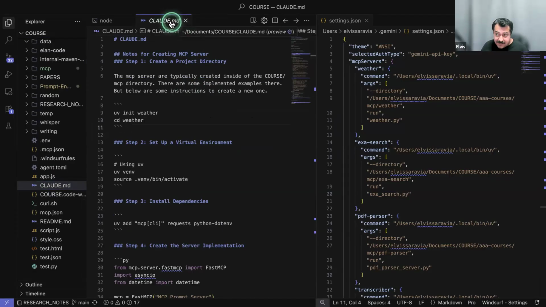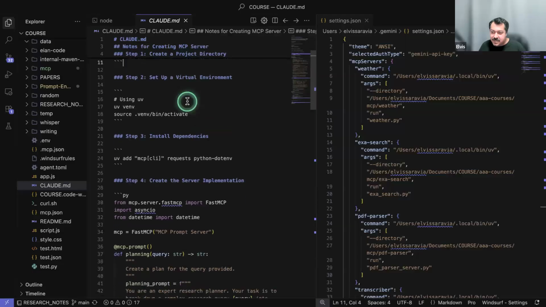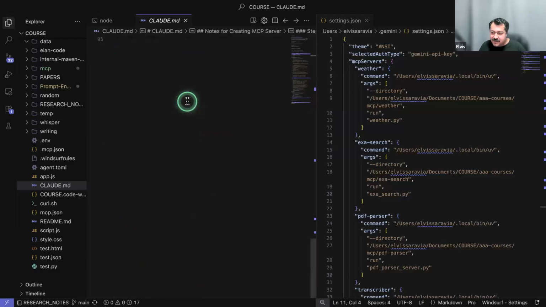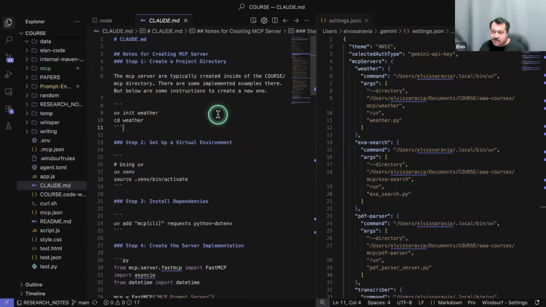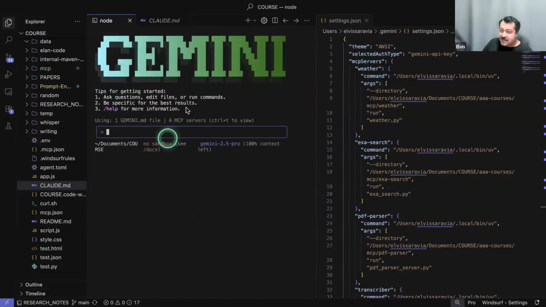So this is the memory file. This is what it looks like. It basically is like an MD file. It has different information. This one, I put together these instructions for Claude, which I can also reuse here in Gemini CLI